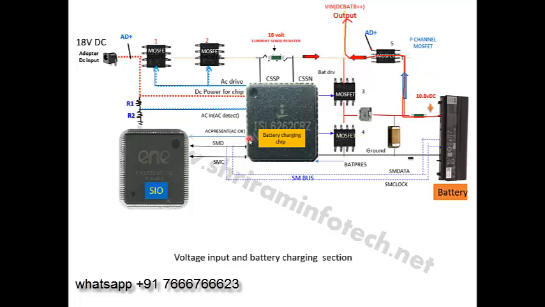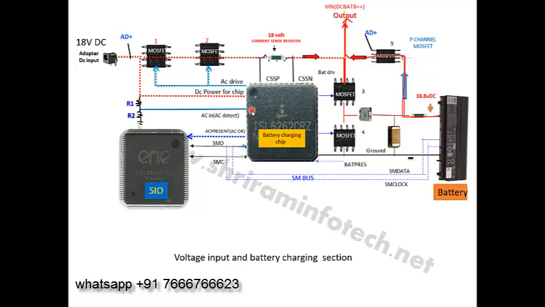The ACOK signal is supposed to be 3 volts. You should get 3 volts at the ACOK pin. Now if the ACOK pin is not getting 3 volts, but it is receiving at least 2.4 volts at the AC detect or AC in pin,